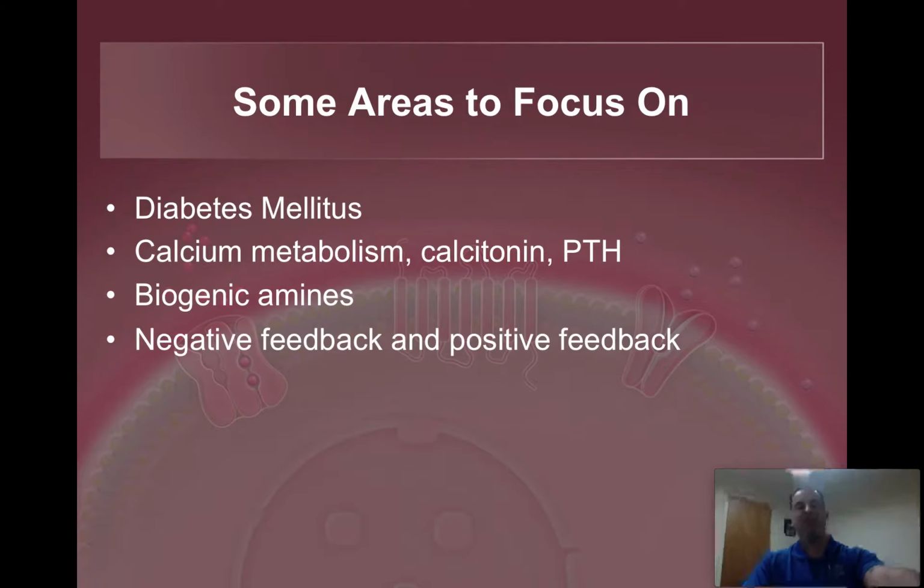Positive versus negative feedback loops. That's probably the first thing you hit in the endocrine system, which it is the first thing. It's homeostasis, right? Negative feedback loop versus positive feedback loop. Positive feedback, think about oxytocin and uterine contraction. As the head pushes on the uterus for the baby to dilate that opening, the more pressure on the uterus, or the exit, if you would, that positive feedback increases oxytocin, which then goes ahead and contracts the uterus even more,